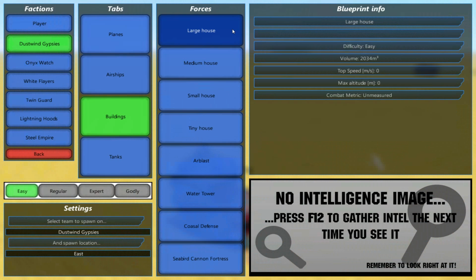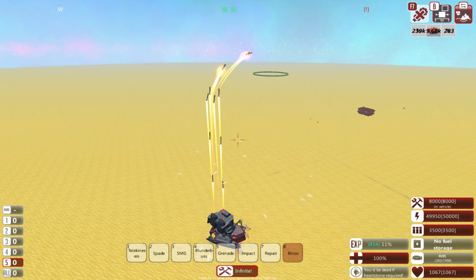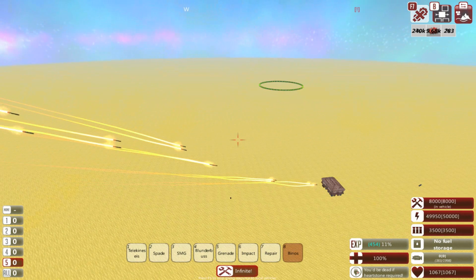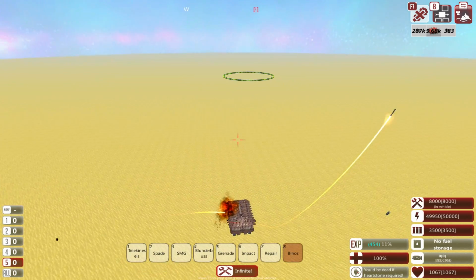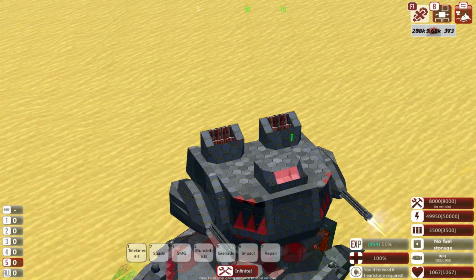The large house, the most fearsome of all things in the campaign. Okay, missiles go up, and they set off light, and they come down in an angle. Okay, that's definitely better than firing them directly forwards, and it does have the benefit of being a stationary weapon